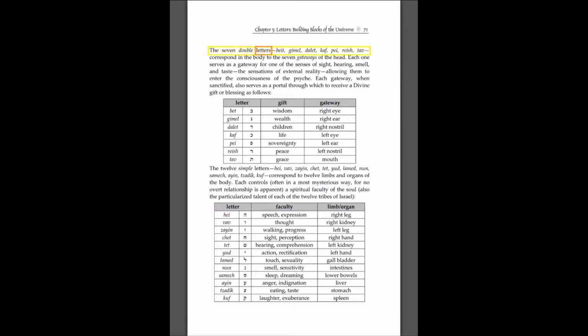The 7 double letters, Beit, Gimel, Dalet, Kaf, Pei, Resh, Tav, correspond in the body to the 7 gateways of the head. Each one serves as a gateway for one of the senses of sight, hearing, smell, and taste, the sensations of external reality, allowing them to enter the consciousness of the psyche. Each gateway, when sanctified, also serves as a portal through which to receive a divine gift or blessing as follows: